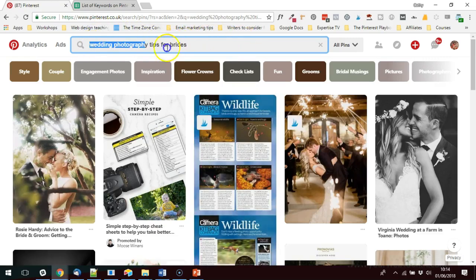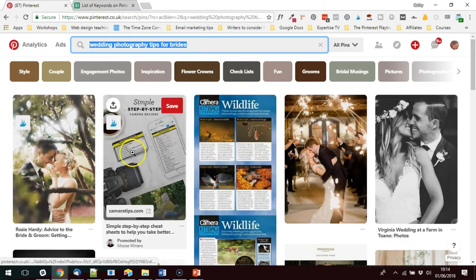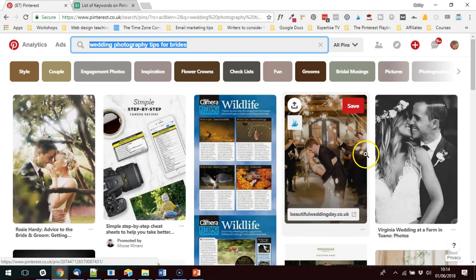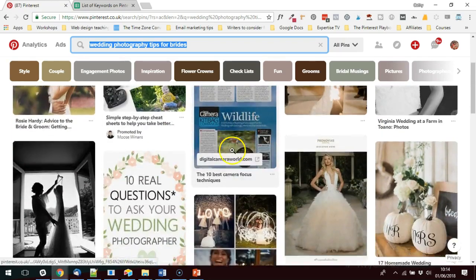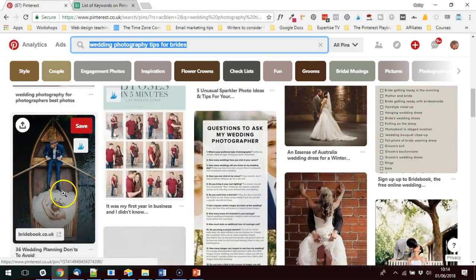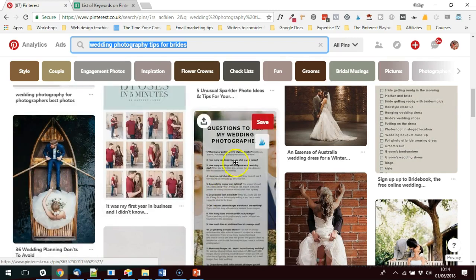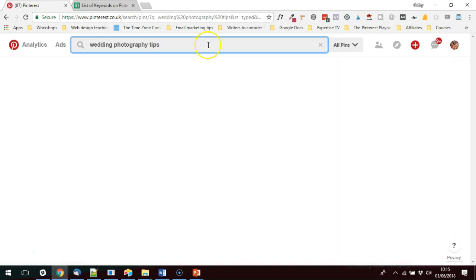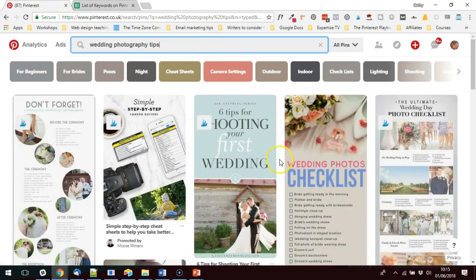And when you're doing your keyword research as well, just have a look at what pins are coming up and what topics are coming up. So this is still aimed at wedding photographers, and I would say this is too. But there are definitely pins here aimed at brides, so showcasing their photography, some content here for questions to ask my wedding photographer. So you could grab this specific long tail keyword, wedding photography tips for brides, but just be careful that you don't go too broad with it because you might start getting into territory where you're not getting